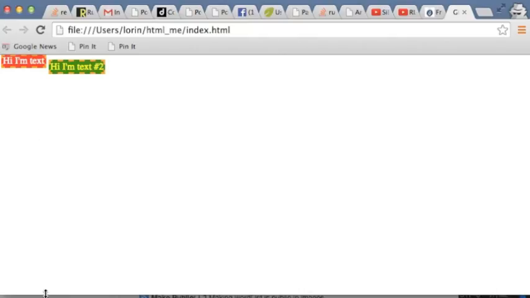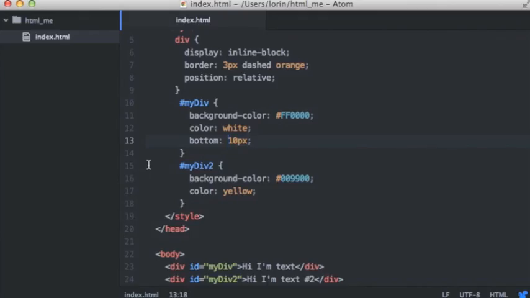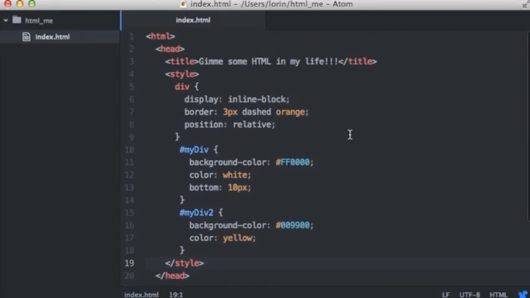Absolute positioning means from whatever screen edge, but relative is where it would have normally, by default, have been rendered. Last trick before we call it quits for this little silly video is to be able to have that